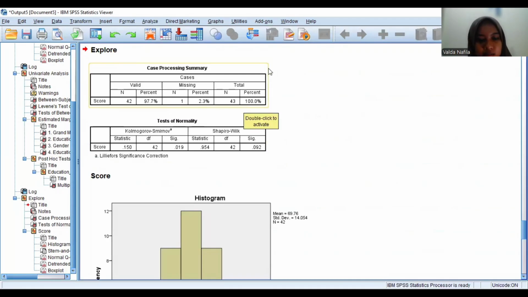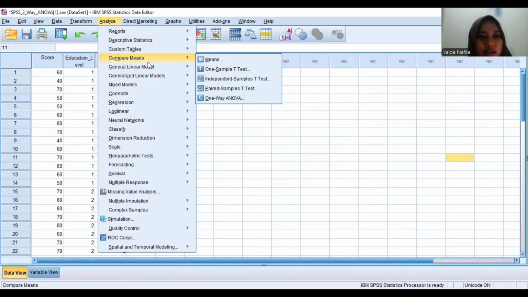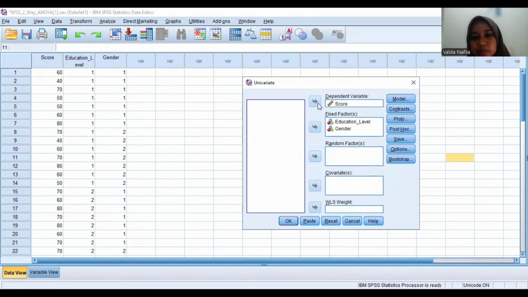And then next, we click on the data, and we check the homogeneity test and the comparative test. We click Analyze, General Linear Model, and Univariate, and we put the score data in the dependent variable and education level and gender in the fixed factors.